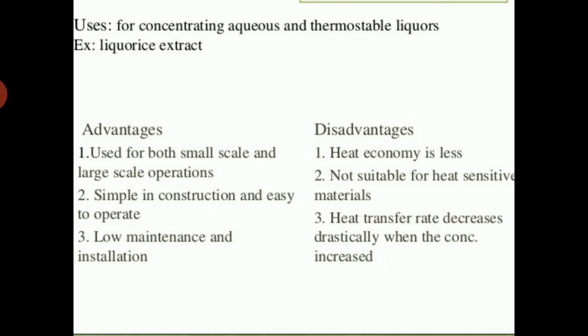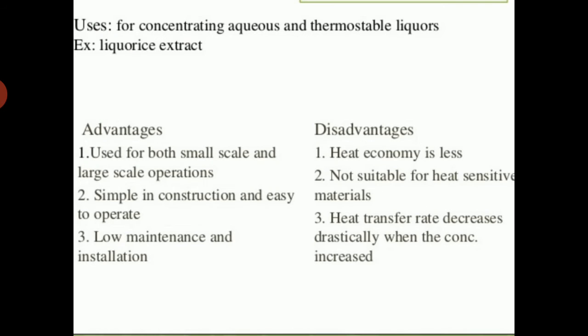Construction. If we discuss the construction of a steam jacketed kettle or evaporating pan, it is a hemispherical structure consisting of an inner pan called the kettle. It is enveloped with an outer pan called the jacket, and the kettle is made up of a single sheet of metal. Copper is an excellent material for the kettle because of its good conductivity, and tinned copper is used for acidic material. The jacket is made up of iron.